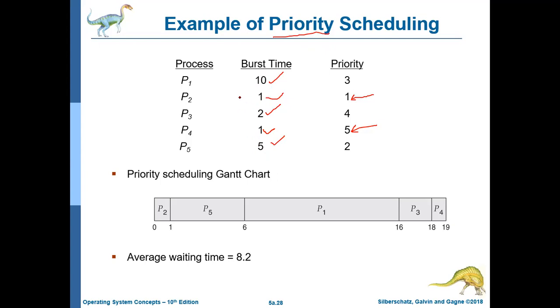In FCFS, how you are going to manage? According to the arrival. First you are taking P1, then P2, then P3, then P4, then P5. In round robin, what you are doing? First you are managing this one for a particular quantum time, then this, then this, then 4, then 5, then again you are repeating P1, P2, P3, P4 and P5. You will be repeating all the processes again and again.